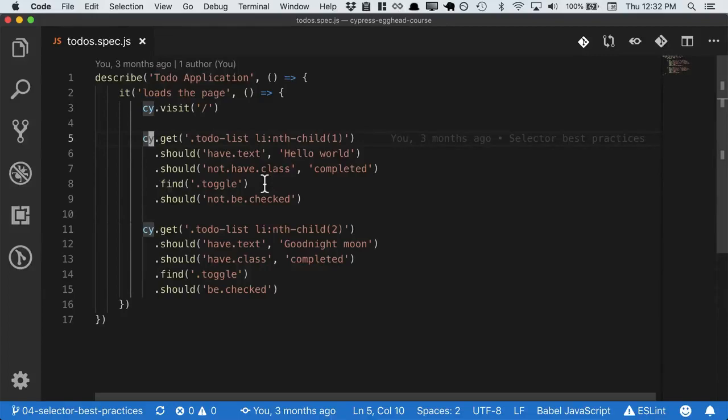In this lesson, we're going to discuss best practices for using selectors. The selectors we used in the previous example are actually fairly brittle. First, because they're dependent on their implementation. If we change the implementation of to-do items from something other than a list item to anything else, we would